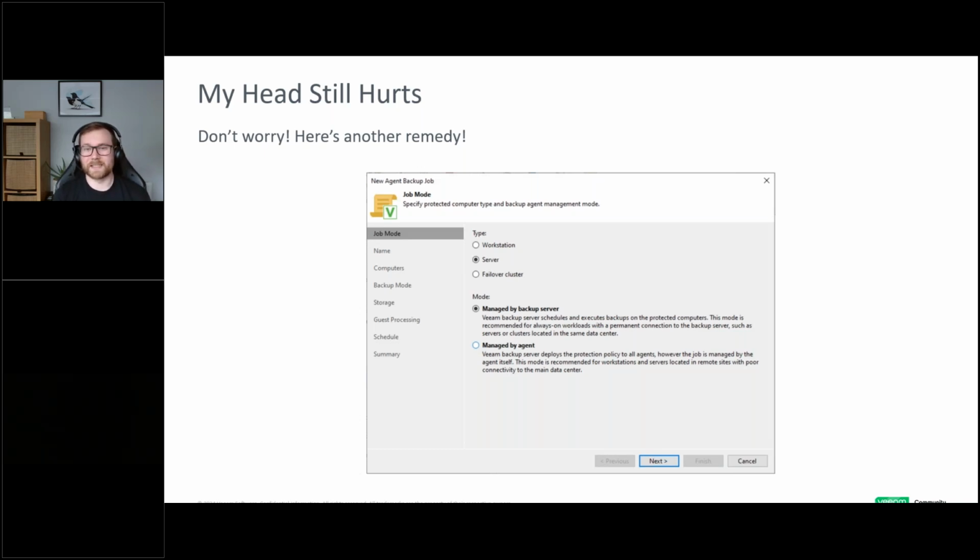A lesser known fact here is that this decision also impacts your ability to access the local Veeam recovery binaries on the endpoint you've deployed the Veeam agent to. If you create a backup job that is managed by Veeam Backup and Replication, your file level recoveries must follow the workflow that I was just hurting your brain talking about.